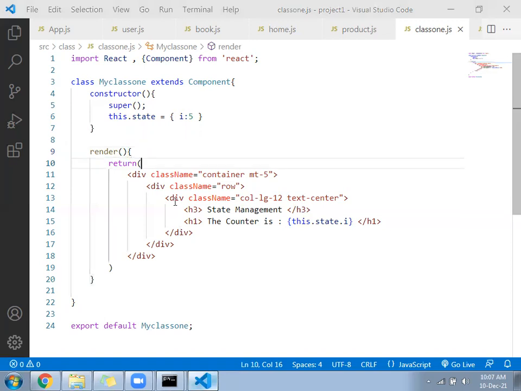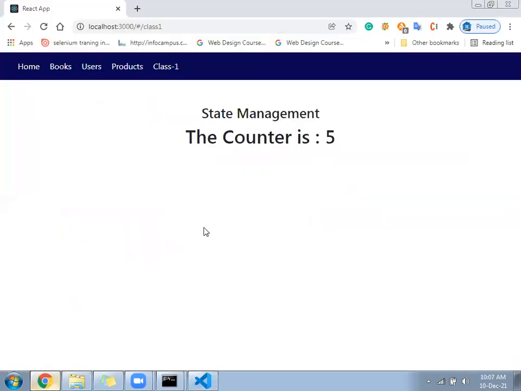Now the requirement is state management. State management happens within the current page. You are going to change the state of your variable. State means the value of your variable. Now suppose i is holding 5. User interaction will happen somewhere. The user will click somewhere, and you will change the value of i. Again, user interaction will happen somewhere.